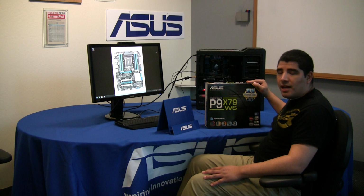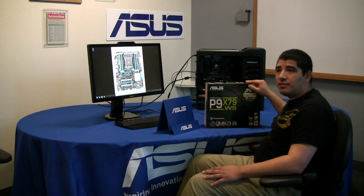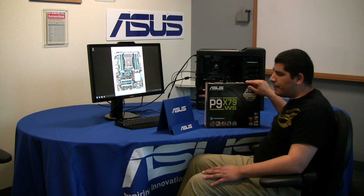WS always takes a lot of time in terms of bringing something that's pretty unique to the market in terms of the I/O connectivity as well as the actual PCIe connectivity that's offered on the board, and this board definitely still maintains that focus. So overall, when you're taking a look at the WS series in comparison to the other boards that we offer within our portfolio, such as the channel series boards, mainstream like Pro, Deluxe, or Standard, compared to Sabertooth and the Tough series, or the Rampage 4 Extreme and the ROG series, WS is really focused